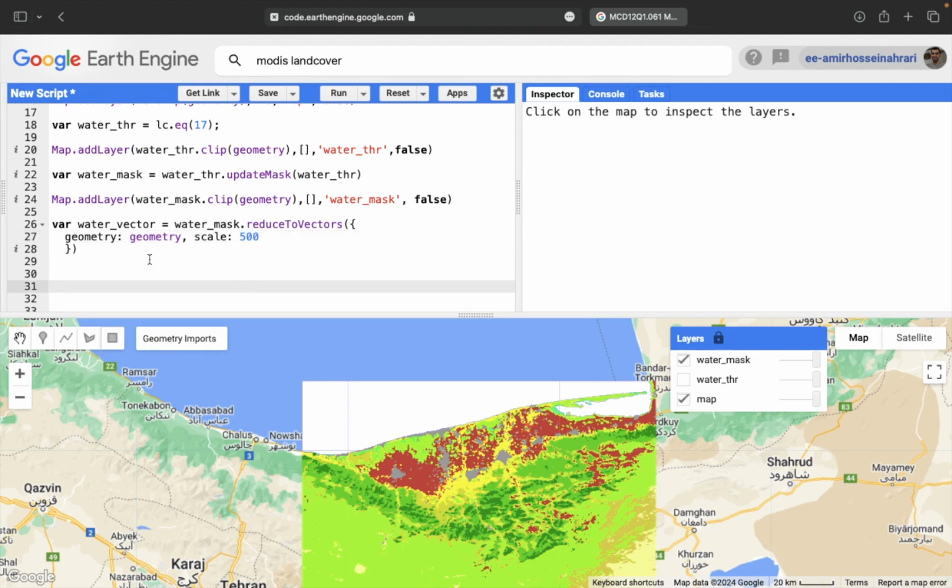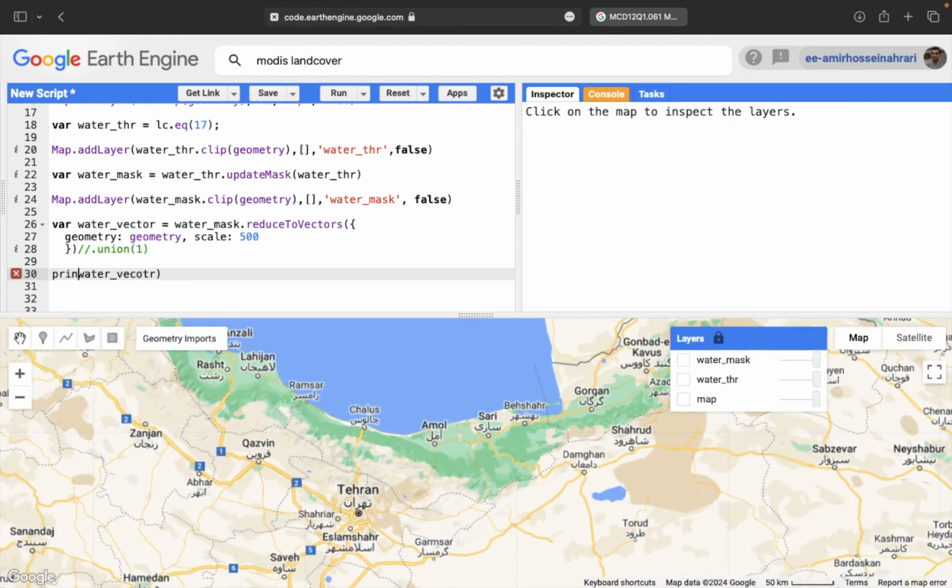I will show you how it works. And finally, use that union with margins as number 1 to remove the multiple recording in the vector layer. For example, without union, when I print water vector, you will see that